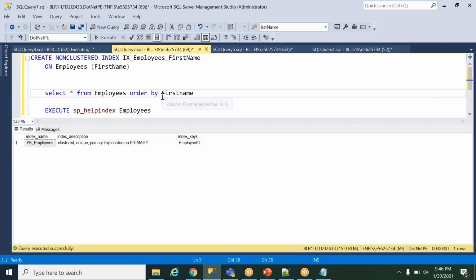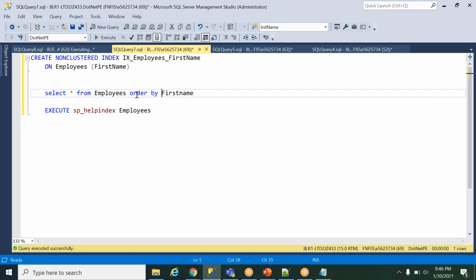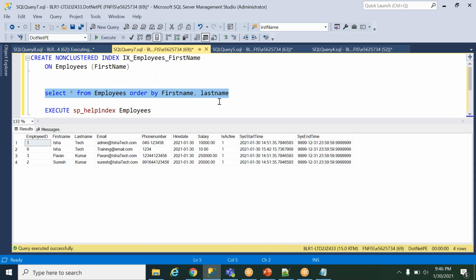Now, as I told you, indexes are useful when we are using order by. You will see order by in many places, right? So order by first name, comma, last name also. However many columns you want, you can keep. If you are always using this order, then you create the index in this fashion, first name, comma, last name, on the particular table, so that SQL Server will keep the data in that particular order.